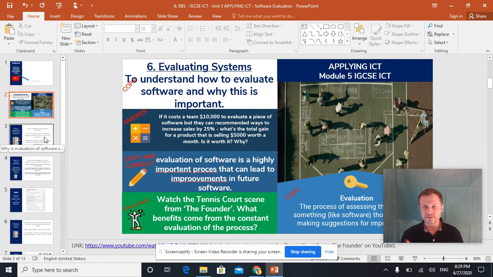Okay, so just to be clear, the key word is evaluation. If you don't know what evaluation is, it is that process of looking at something, saying what's good, what's bad, how do we keep the good and change the bad, make it better. That's what evaluation is. You might do it in a science lesson when you conduct an experiment. At the end, you have your conclusion, where you talk about what you have learned science-wise from the experiment.